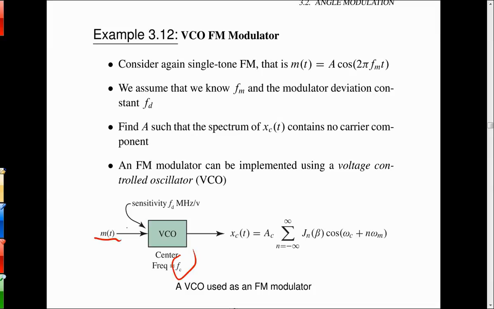So you can apply a message signal, another sinusoid, a DC bias, whatever. So you can tune the frequency above and below the quiescent frequency set by the front panel. It's the sensitivity of that control port that makes it definable as a voltage-controlled oscillator. So it's got some sensitivity, and I've got it written here as megahertz per volt. It might be kilohertz per volt, but you're going to discover what that is in the COM lab experiment that